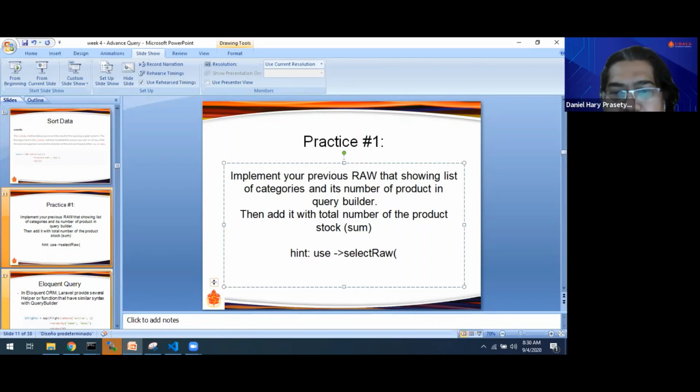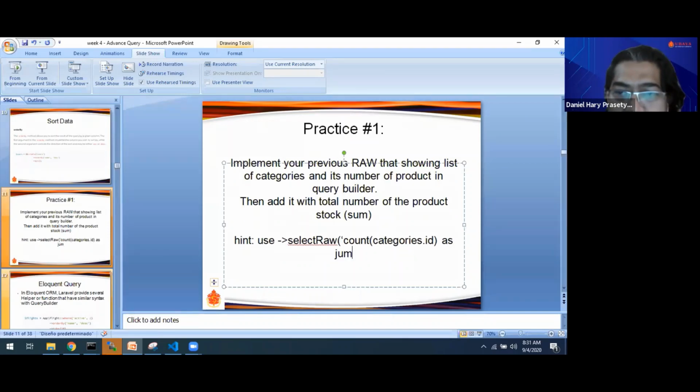For example, select raw count products.id, categories.id, for example, as jumlah.